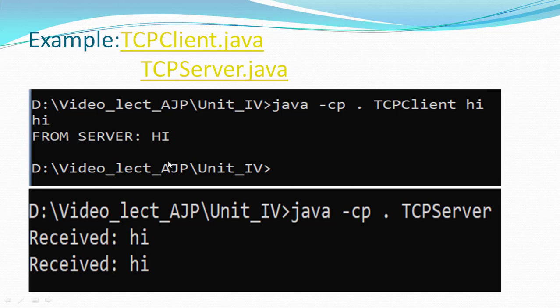These are the two outputs, and to execute these programs we need to use two command prompts. From one command prompt we are executing the client program, and on another command prompt we are executing the server. First we need to execute the server program, and that server program waits for input from the client. When the client requests the service from the server, then the server gives the result to the client. Like this these programs work.